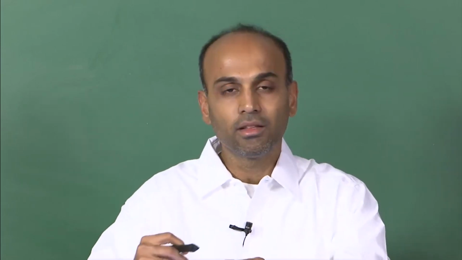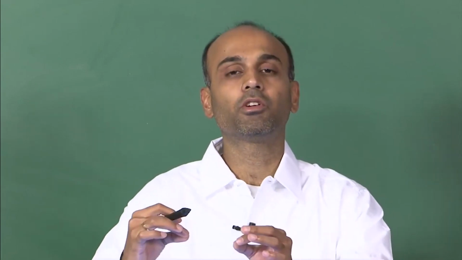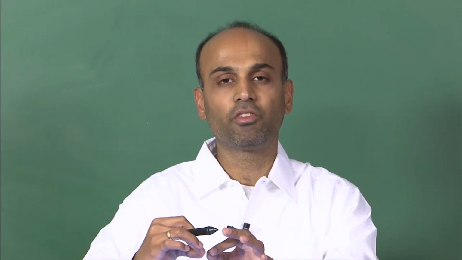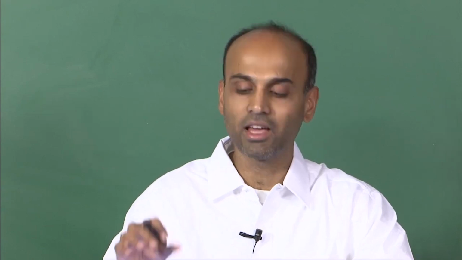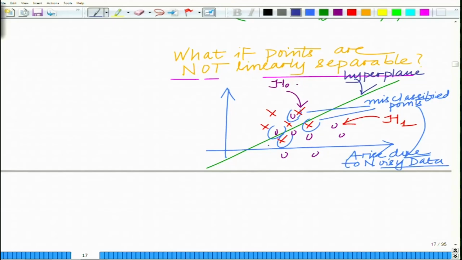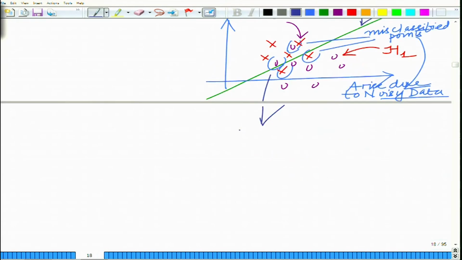So, in the sense that these two sets might not be linearly separable, that it's not possible to find a plane, or it's not possible to fit a nice slab between them, so that both these sets of points lie on different sides of the slab, which means one has to tolerate a certain amount of classification error, that is the point. So, since they are not linearly separable,